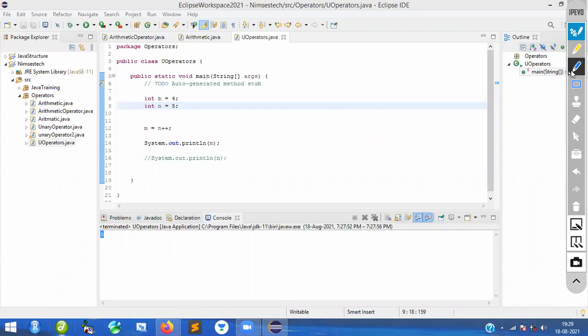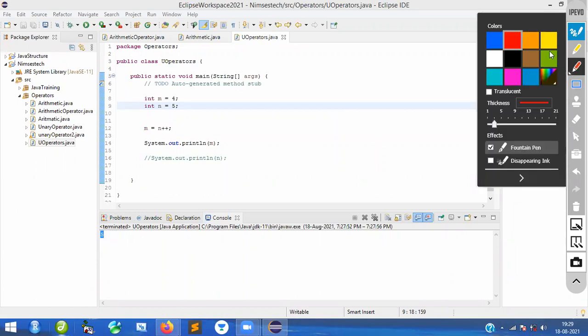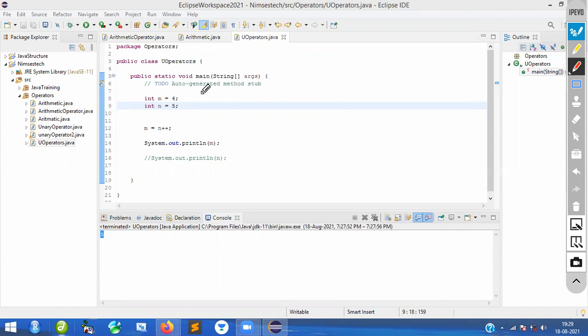So operators are not that easy. You have to be very careful. You have to think twice, thrice, 4 times, 5 times like that. The reason is very simple. See here, I will tell you. Basically this means n is equal to n plus 1. Yes or not? What is the current value of n? That is 5. So the n value will become 5 here.